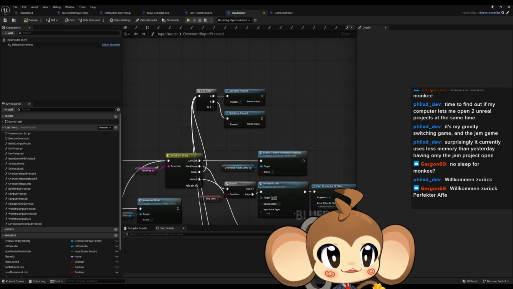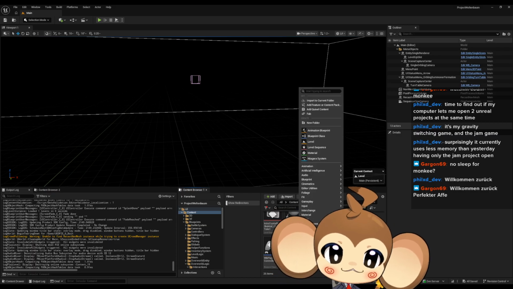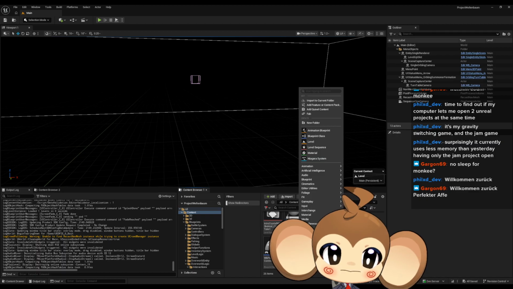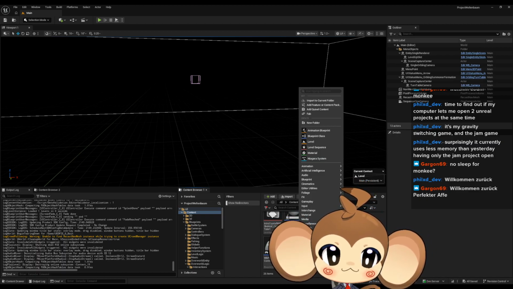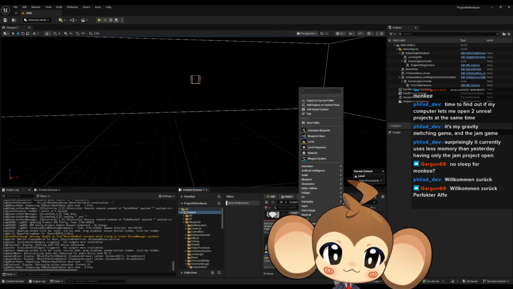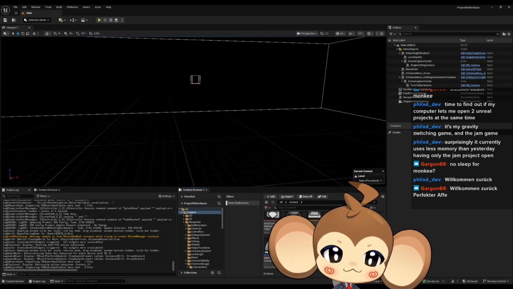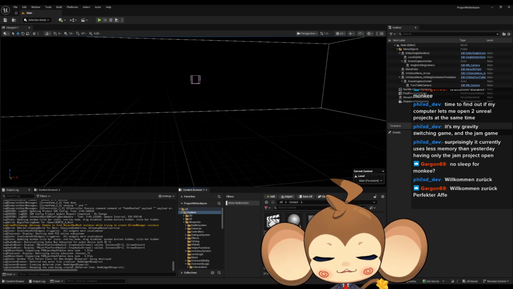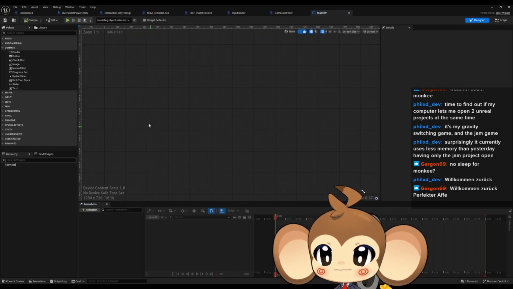So let's make a dummy UI here and see. User interface, blueprint, widget, test, I don't know. And then we can